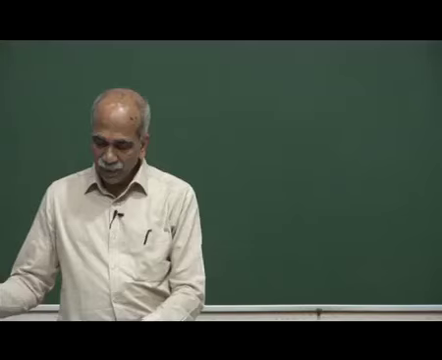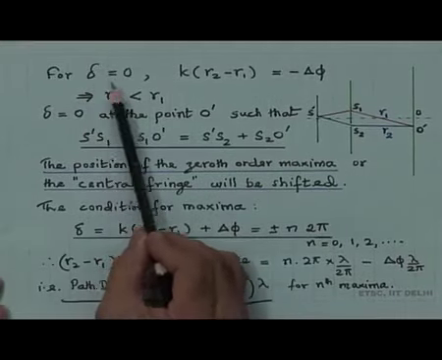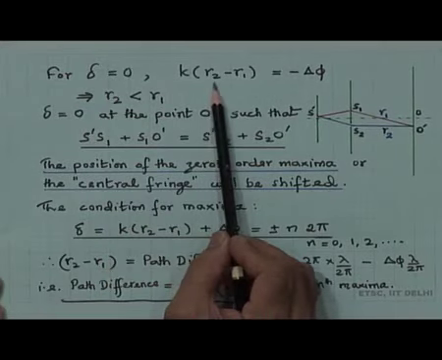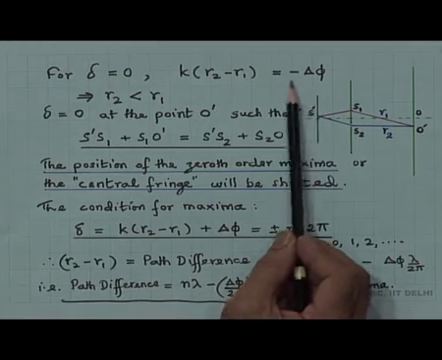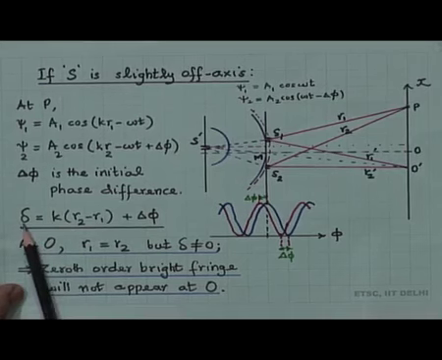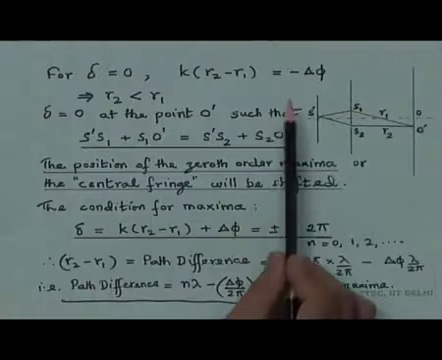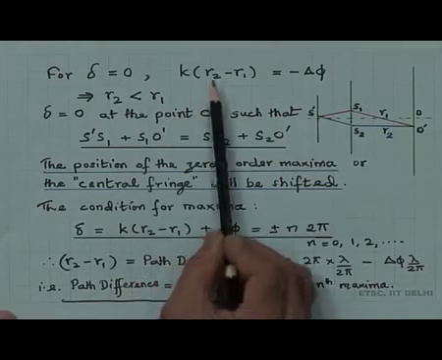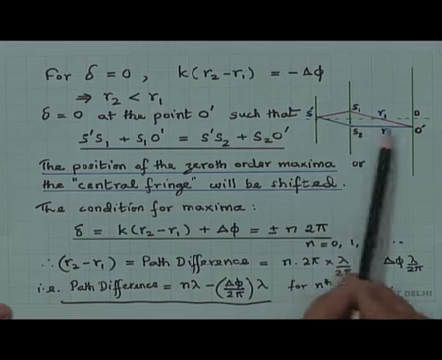So, let me take this here. Therefore, for delta equal to 0, k into (r2 minus r1) is equal to minus delta phi. Please see that for this to be 0, this will be equal to minus delta phi, and that is what I have written, which means r2 must be less than r1, and therefore, I have shown a point